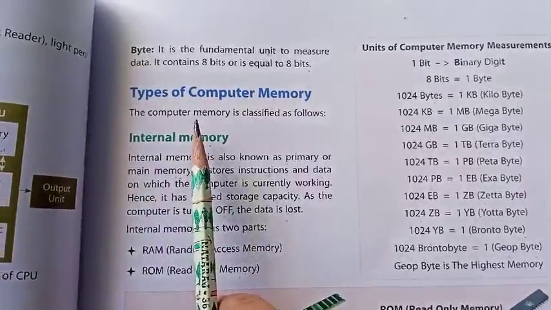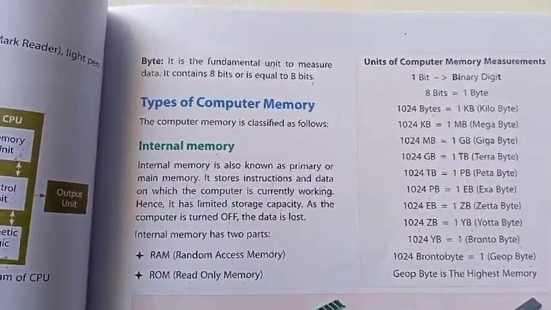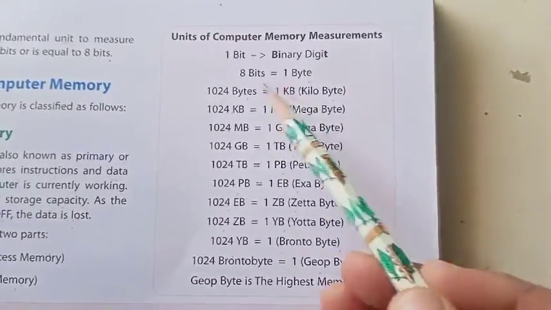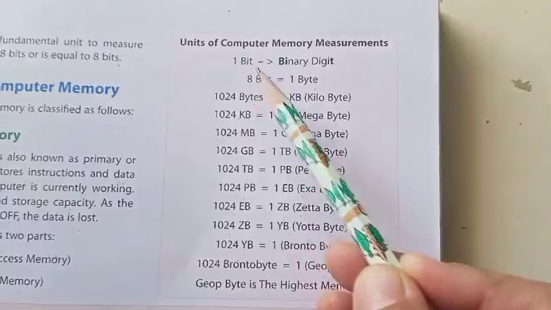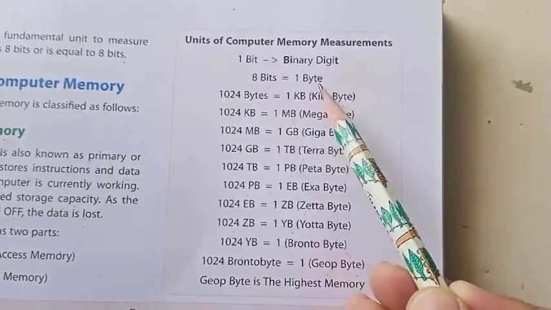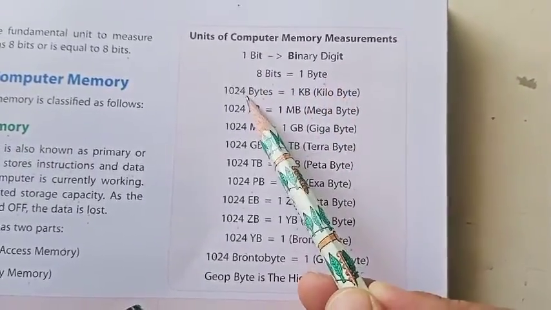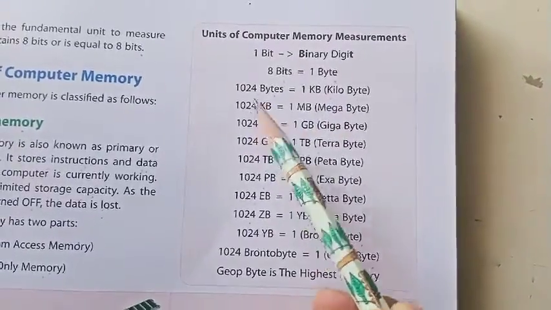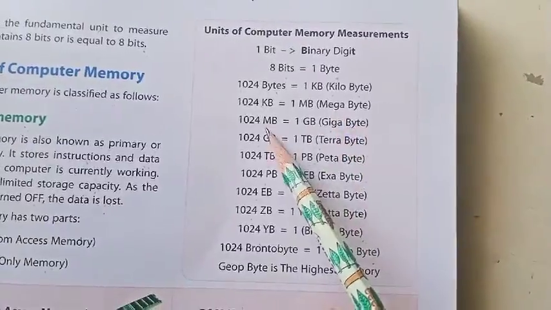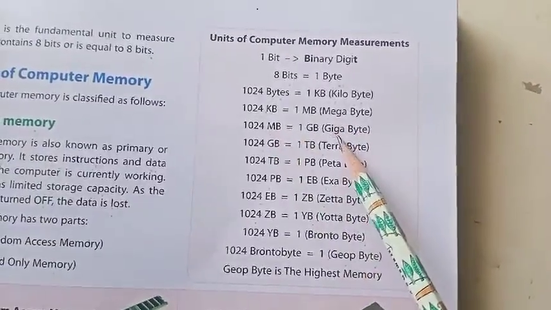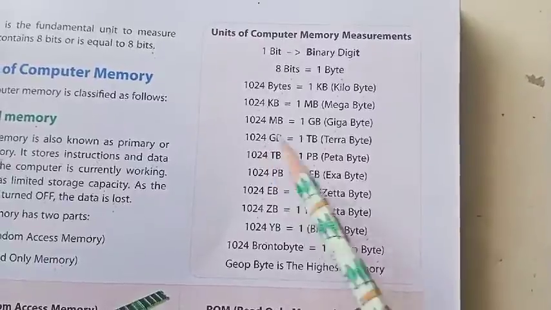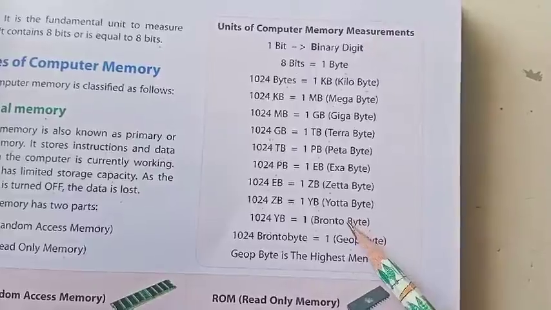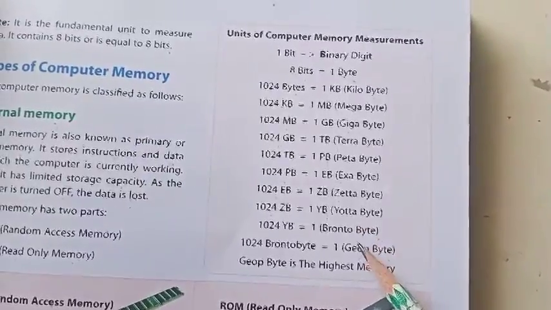And we have many more measuring units for the memory. As you can see in this chart, we have the smallest as the bit, and the combination of 8 bits will make 1 byte. Similarly, a combination of 1024 bytes will make 1 kilobyte. 1024 kilobytes will make 1 megabyte. 1024 megabytes will make 1 gigabyte. 1024 gigabytes make 1 terabyte,